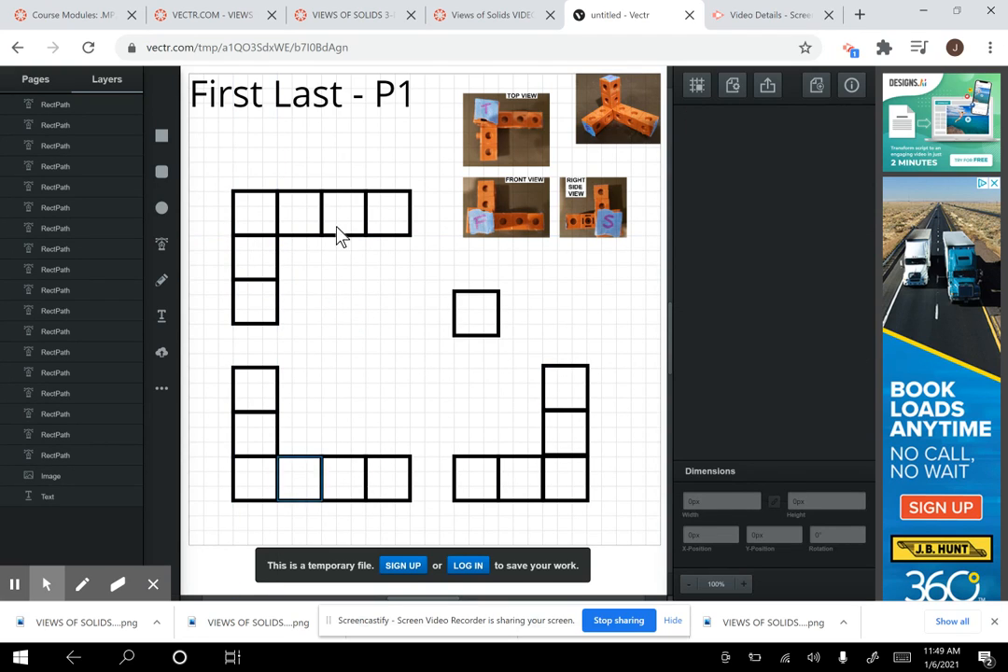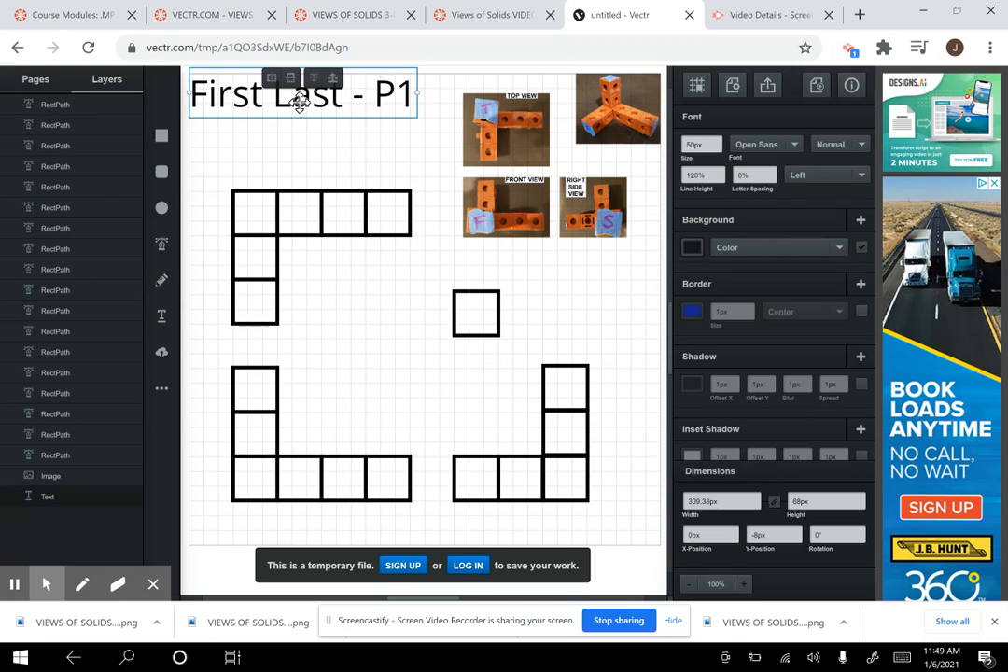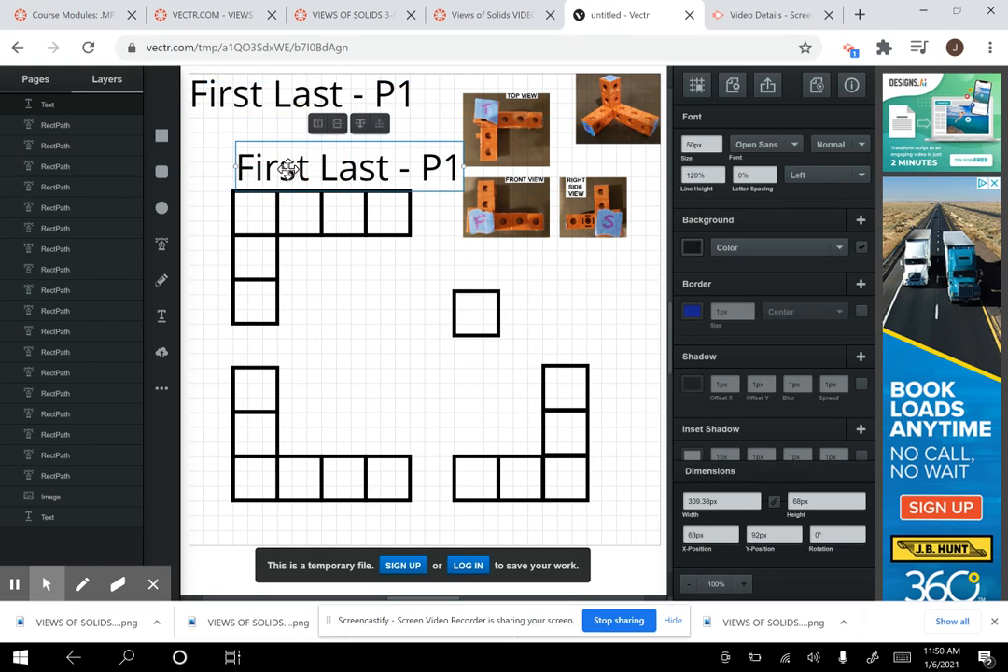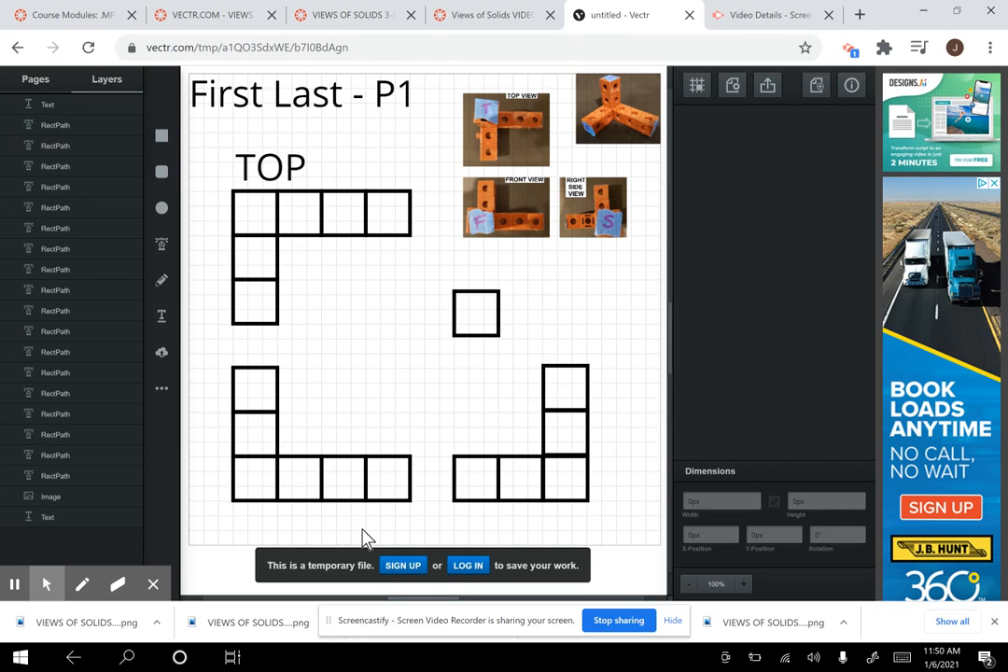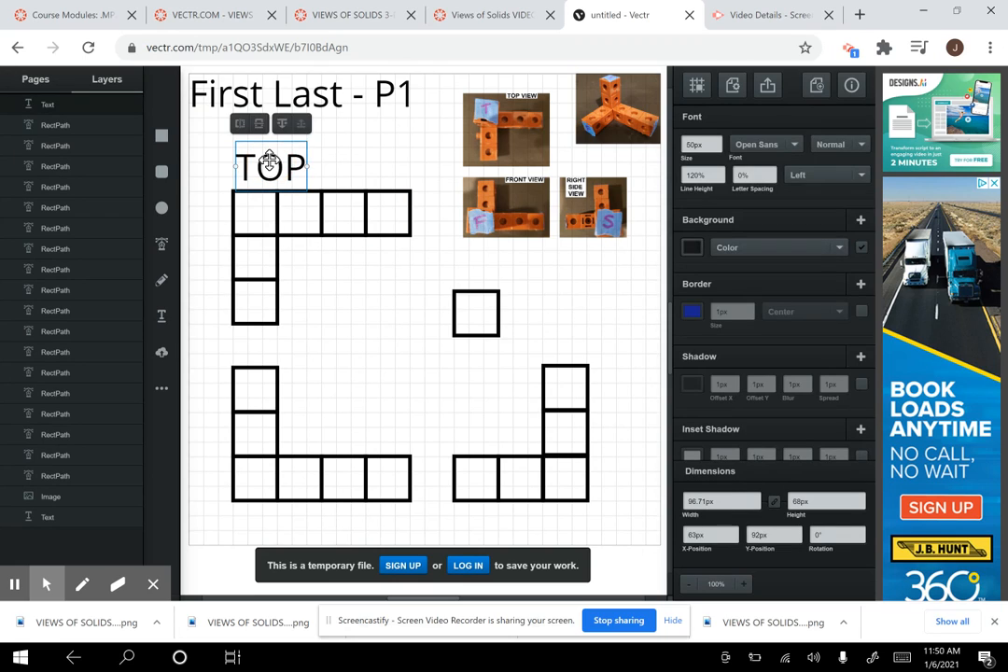So once you have your top, front, and right side view done, I want you to label it. Now, I don't want to redo all the work that I did for this text. So I'm going to copy and paste or duplicate this text, and I'm going to double click to change it. So I'm going to do caps lock and I'm going to write top. I'm not even going to write top view. I'm just going to write the word top, okay, above this. And then below this, I'm going to write